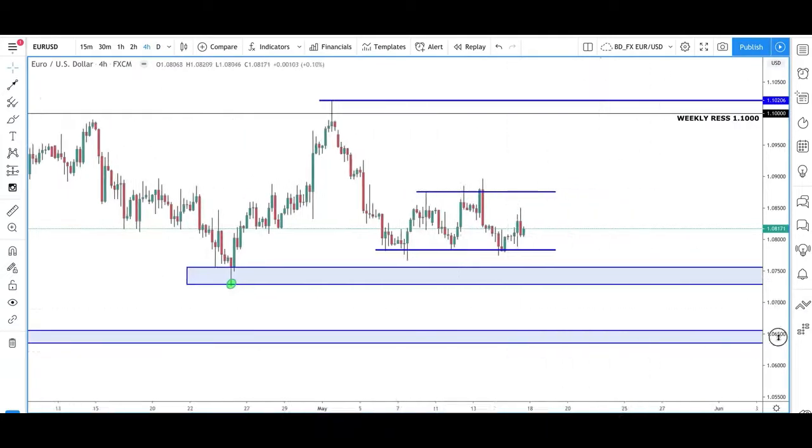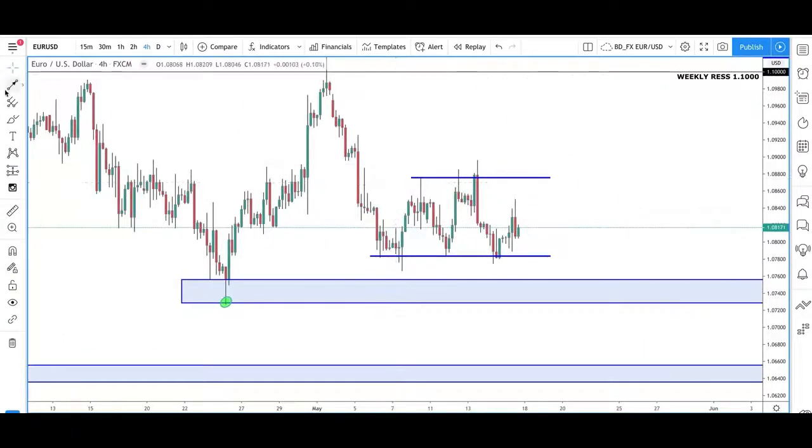Looking for, again, we remember last week we were looking for this push down here. I called that we were going to come up and take out this high. Happened very, very quick on the back of some news. Popped up, came straight back down. But we're still just within this zone. Now we tried bringing some long buyers on Friday and then push back down at the end of Friday. Just stuck within this zone, so it's just consolidating.